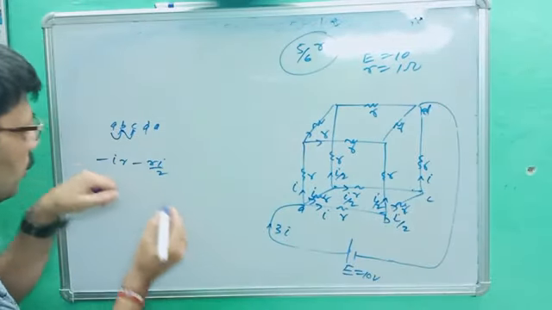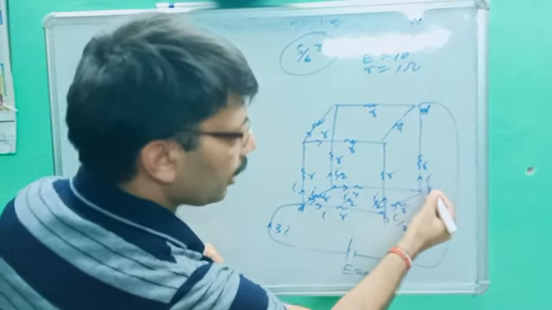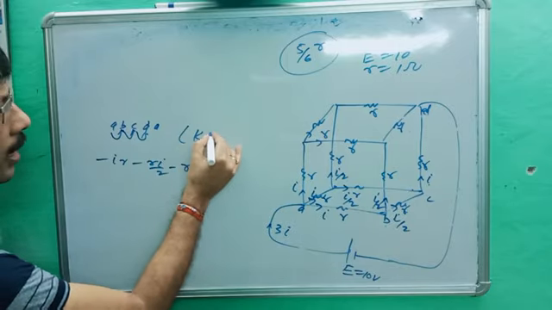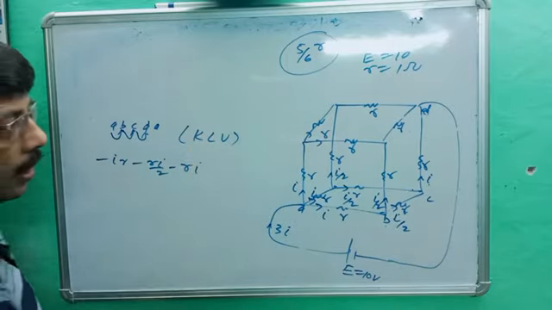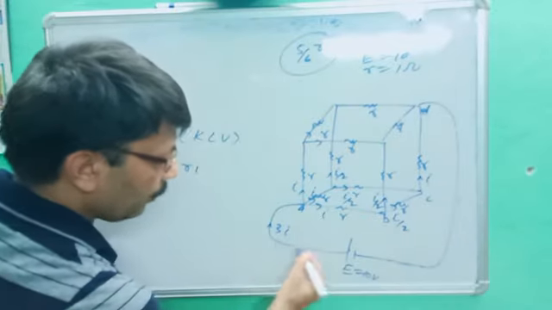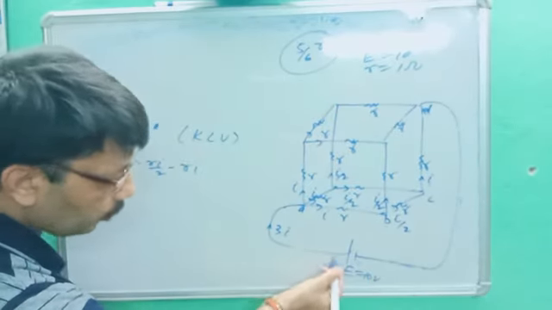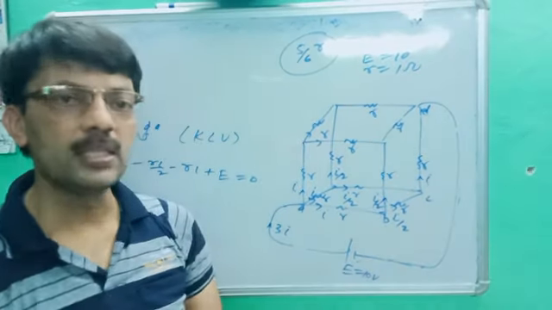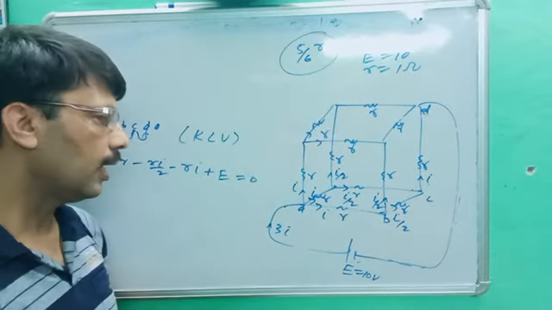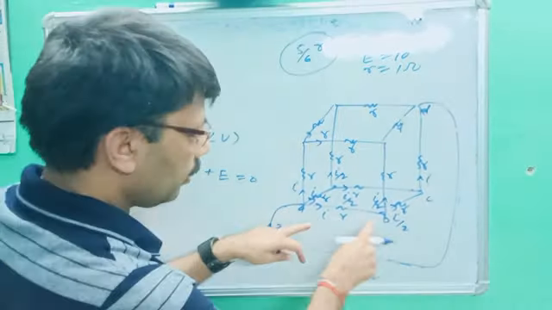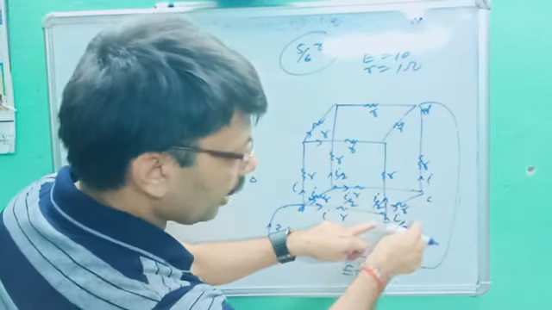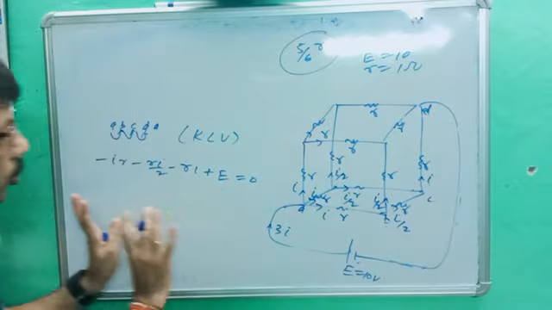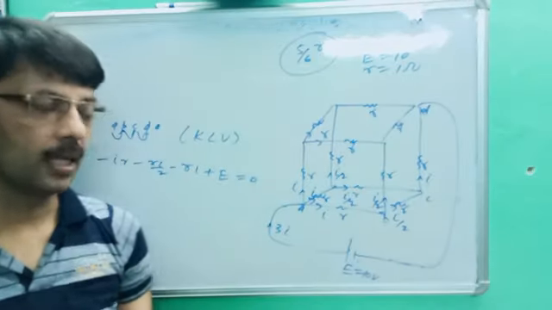Okay, continue. Next, C to D. The current is I, the resistance is R, so it will again be minus IR. I am applying KVL, Kirchhoff's voltage law, and again we are moving from negative to positive, so it will be plus E is equal to 0. Although we know the value of E is 10 volt, we will put the value separately. Once again, A to B minus IR, B to C minus IR by 2, and C to D minus IR, and negative to positive it will be plus E is equal to 0. Only one loop is applied here. Okay, now you solve it.